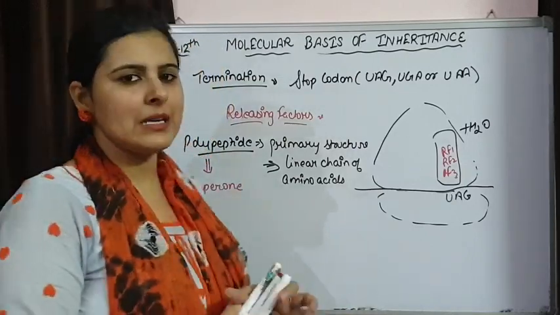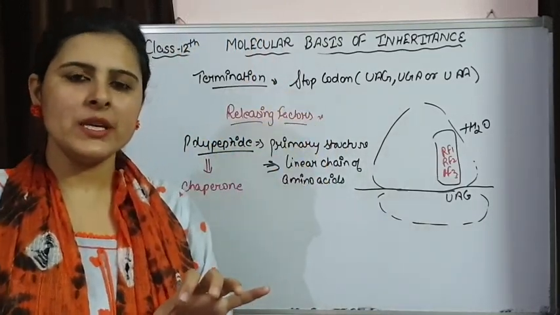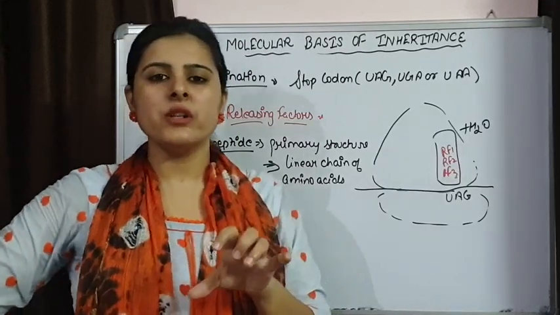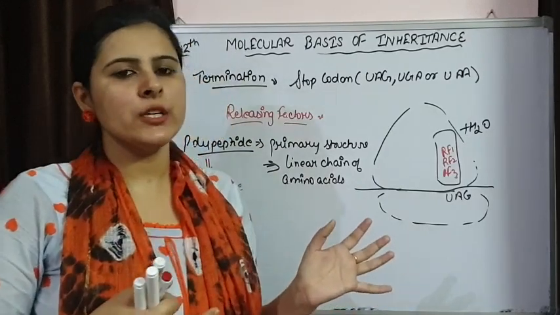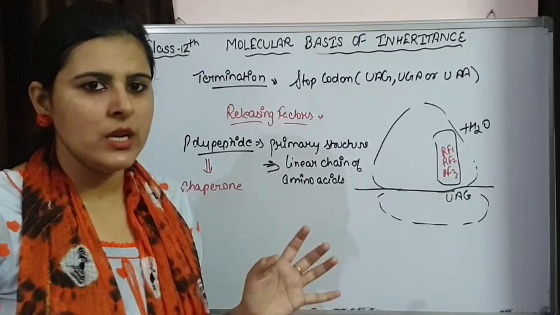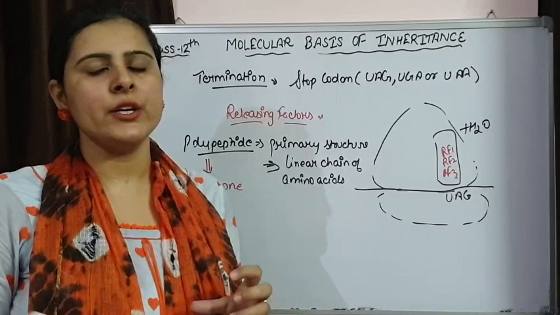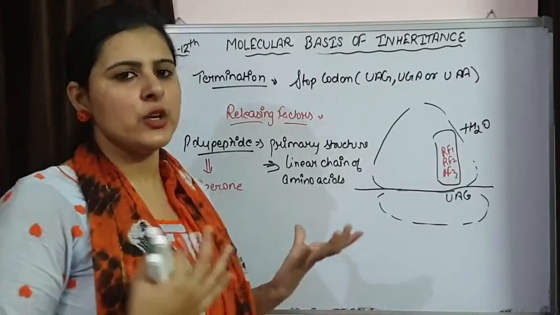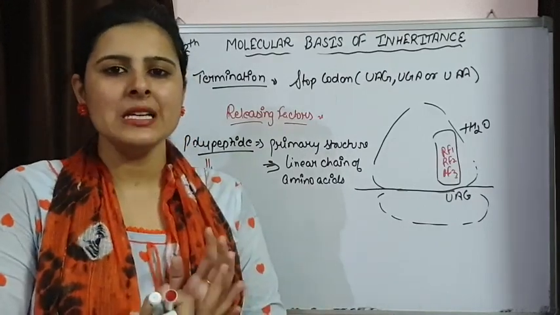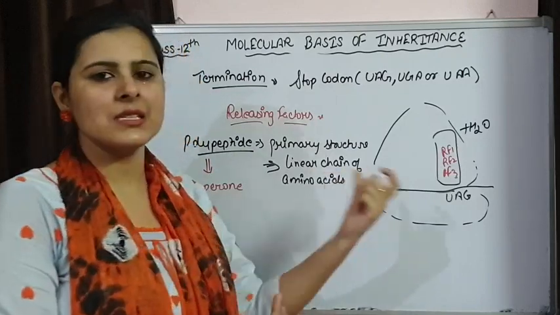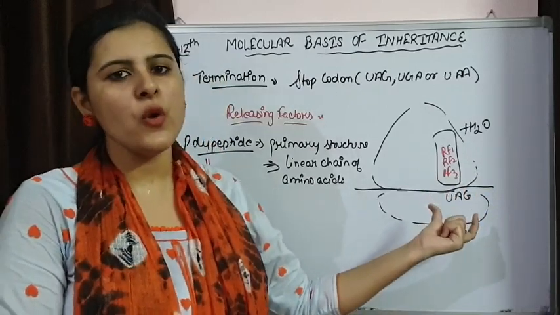We have seen in earlier classes also, this polypeptide chain is going to pass into the lumen of the endoplasmic reticulum, then it will be transferred to the Golgi bodies where its further modification takes place, and then it will be transported to the site where it has to function. So this is how a polypeptide chain is formed, and later on it will be modified into a fully functional structure and start performing a function. So this is about translation, that is protein synthesis: how protein is synthesized by the information that is present on the mRNA strand in the form of codons.